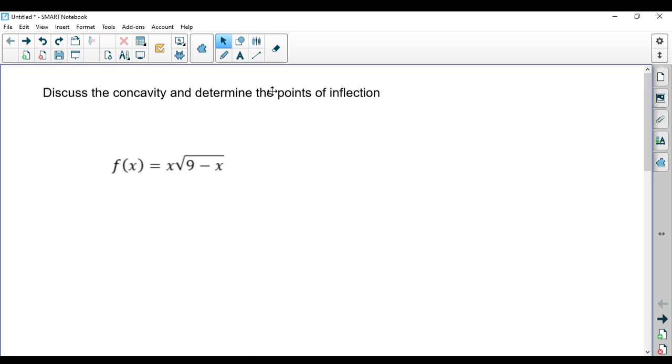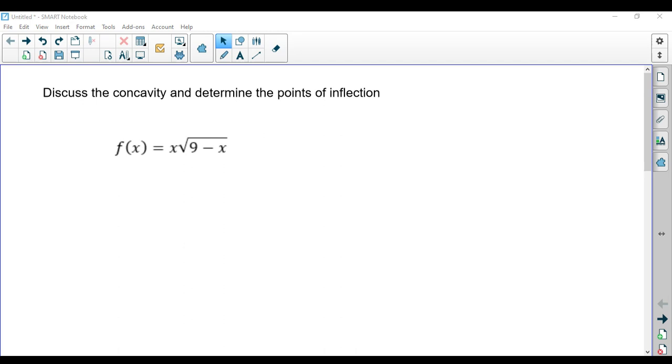This derivative is going to be a process because the first derivative is a product and chain rule. The second derivative will probably be the same. I'm going right to Wolfram Alpha because I don't want to spend time on that. There I am. Second derivative of, I forgot what it was. So x times the square root of 9 minus x,